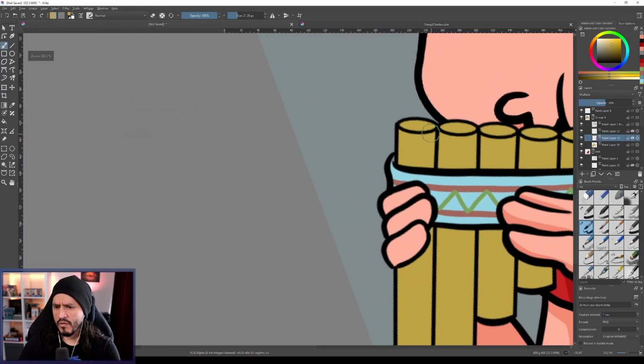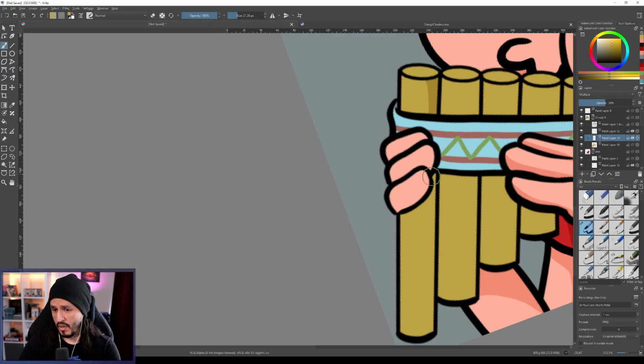Which color is this color, by the way, chat? I don't even know which color this is. Ugly as fuck, but